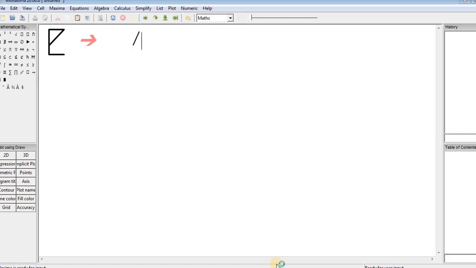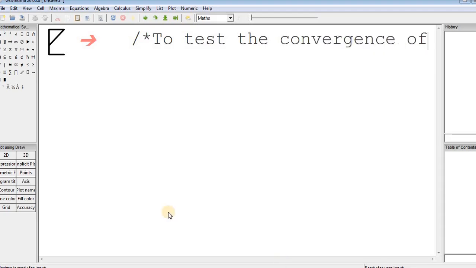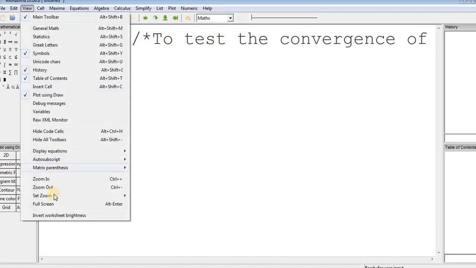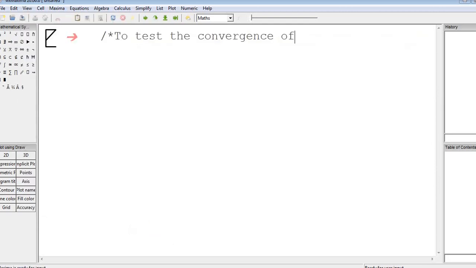Write a slash star, then write the program name: to test the convergence of the sequence xn equals 1 plus 1 by n, whole to power n.